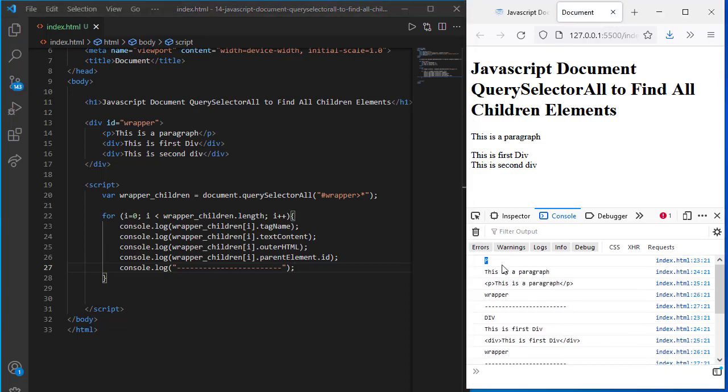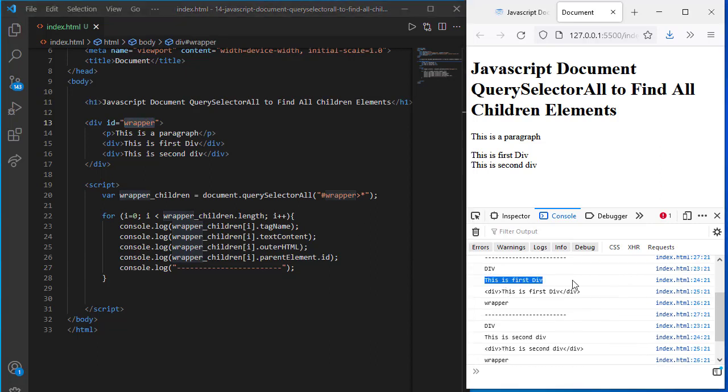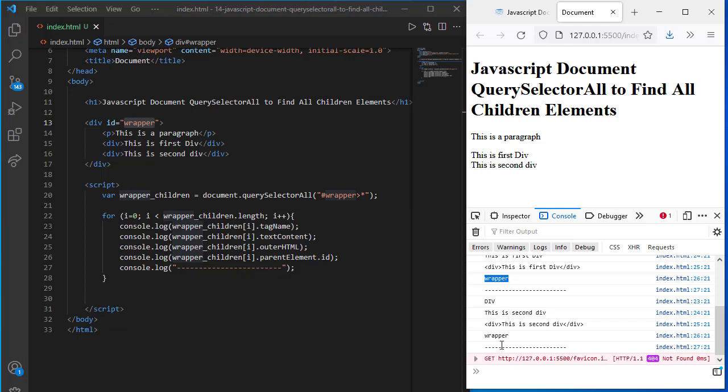First we have the p tag with the content. The parent tag is div, id wrapper, and then we have a div. This is the first div, and the content HTML using outerHTML. The parent tag id is wrapper. Then we have the div. This div text is second div, the outerHTML, the ID. So you can see we can easily find all the children inside of a div using